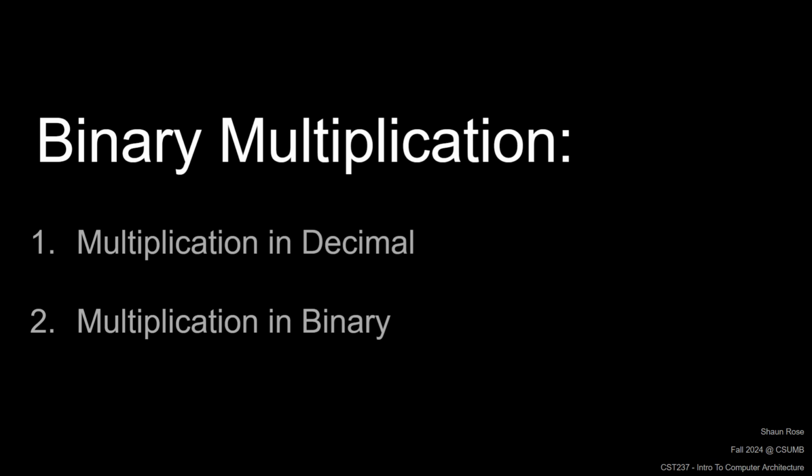So how do we perform binary multiplication? Well, let's start with a quick reminder on how to do multiplication in decimal, since most of us haven't done this in a while. If I wanted to multiply 14 times 31, I would first line up the numbers vertically like this, and then